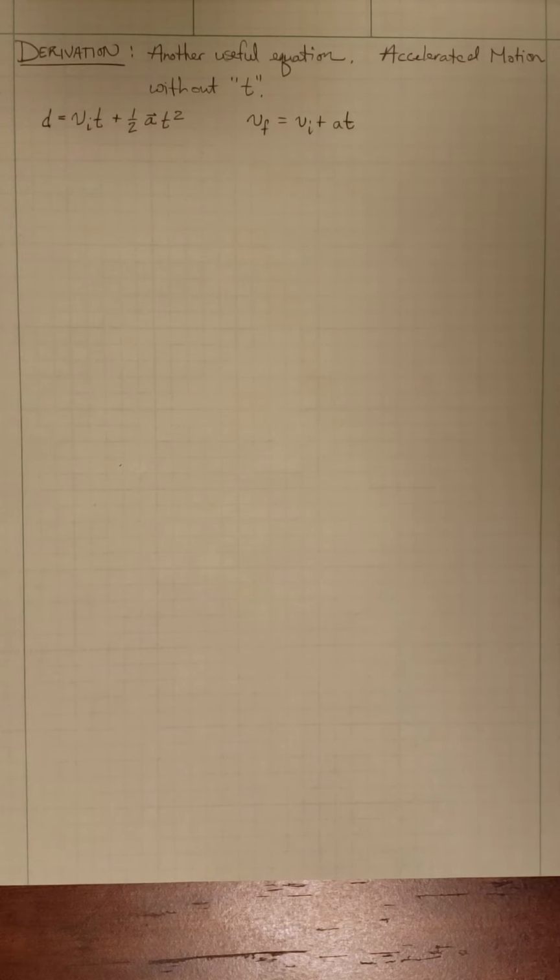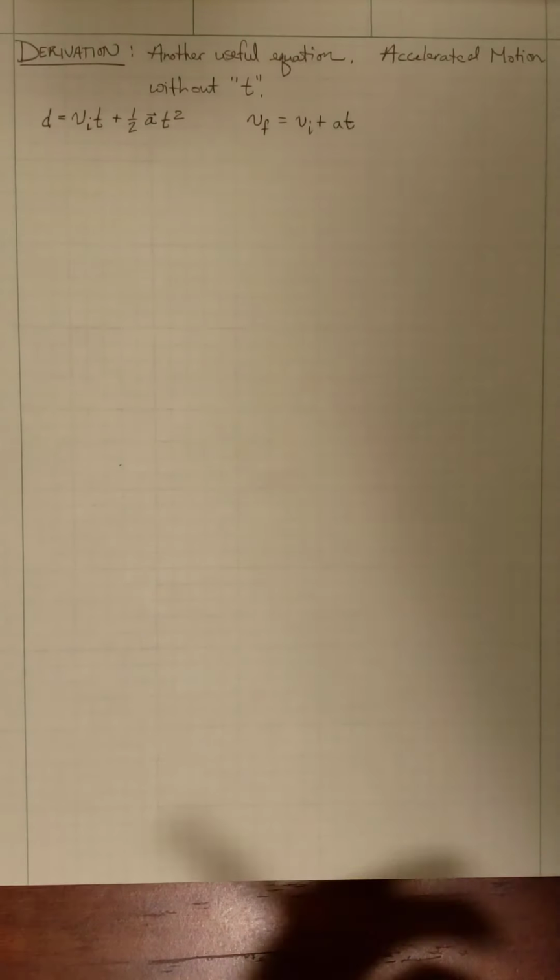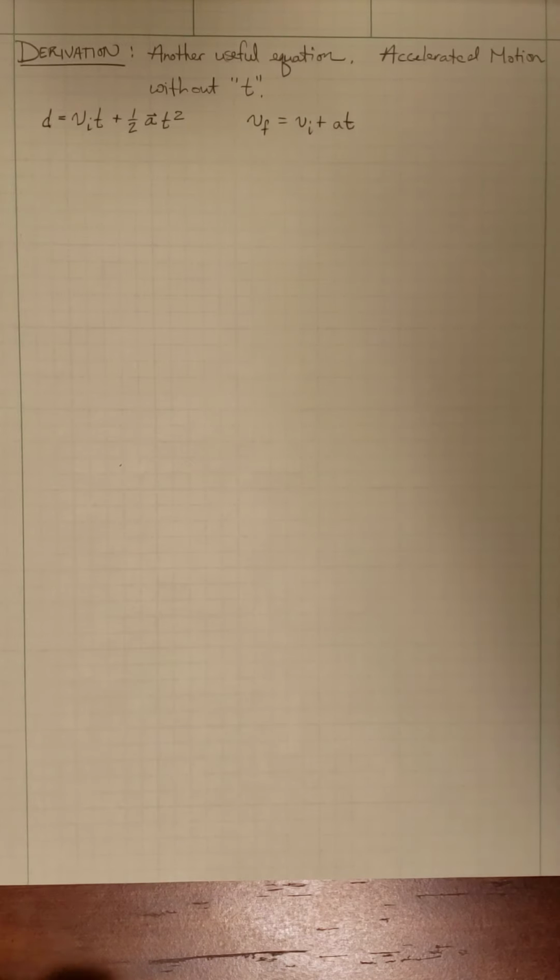In particular, it's useful because it describes the same type of motion that we've been talking about this whole time, but t does not appear. That's really useful when maybe you don't know anything about t and you're not asking anything about t. Time has sort of been this thing that we've had to use sometimes as like a crutch in between, where